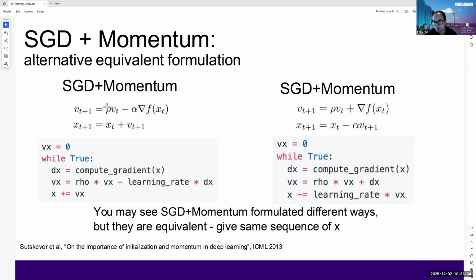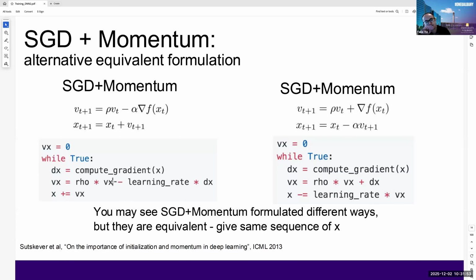And of course in this case the rho will be different, right? So the rho will be minus alpha in this formulation. It's just that you have a different formulation and different ways to accumulate these weights. All right, so